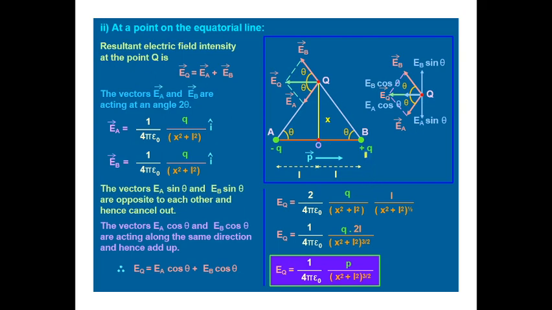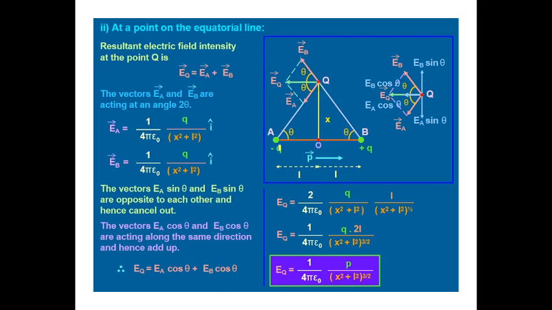So this electric field at this point Q, which is perpendicular to this O, the center of the dipole. The electric field intensity at point Q due to this minus Q charge is directed toward the negative charge, and the electric field at point Q due to the plus charge is directed away from the charge. This is AB.